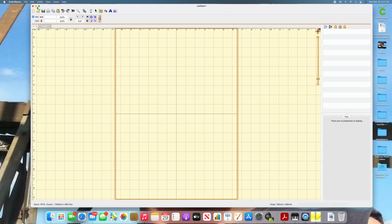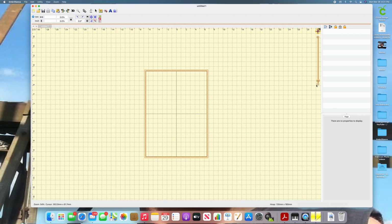I have pulled up Embrilliance, as I stated, and what I want to do is stitch out my sister's dog's name. If you can see this grid, each one of these boxes represents a 1-inch square, as I'm sure you know. And this outline right here of a rectangle is actually a representation of your hoop. If you look down here,